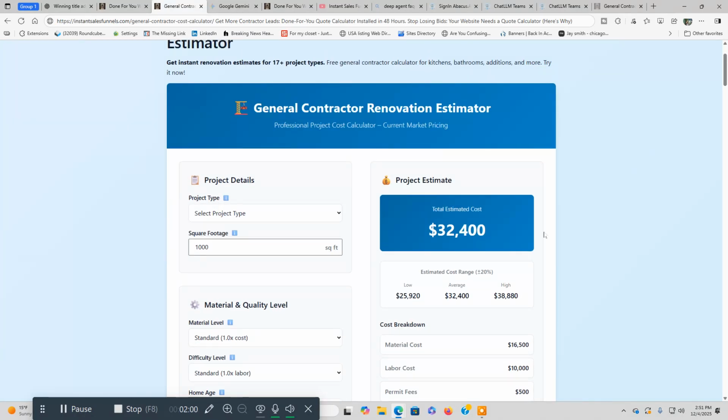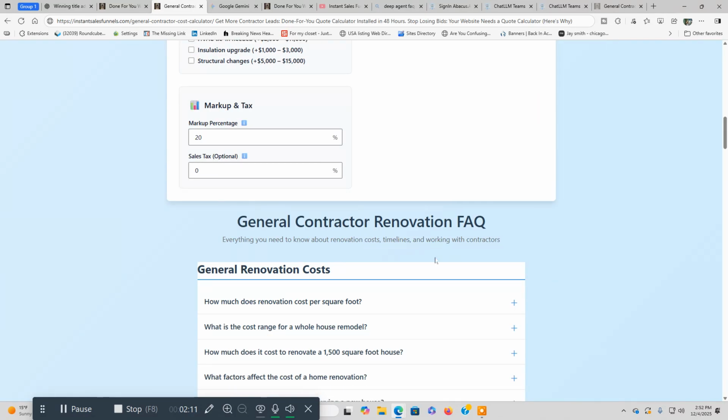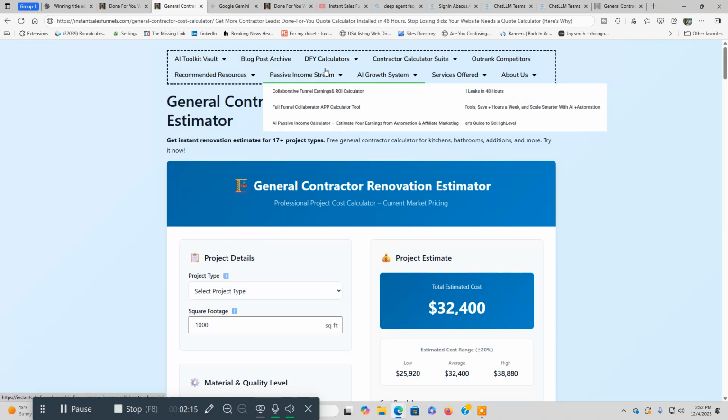it'll give you an estimate. You can print your estimate. You can restart it, reset it, and then do this over again until you get it right. And that's just one of many calculators. So I'll show you some more on this site, and then I'm going to show you how to order your